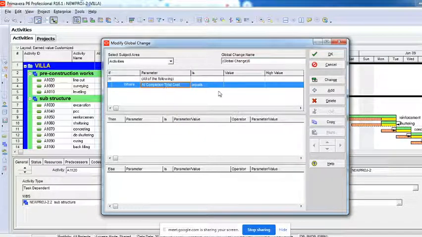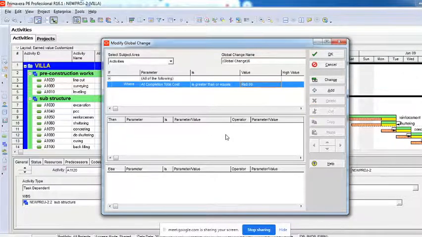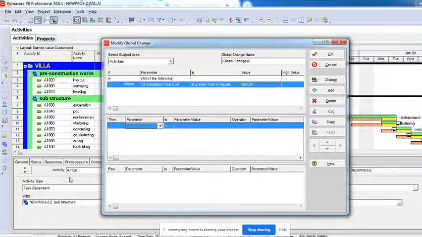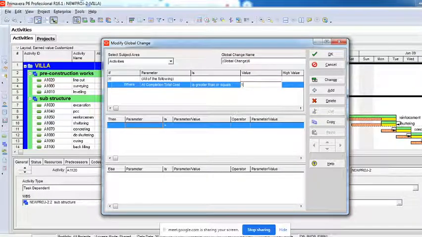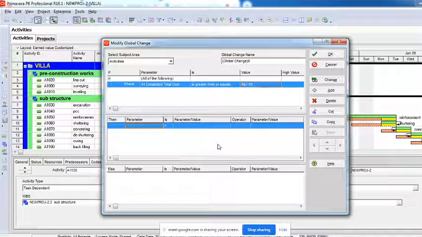So at completion total cost is greater than or equal to 0. Do we have the option? Yeah, is greater than or equal to. Let me make it bigger. Then I'll say add, or if for 0 I do not want to consider, I will just take it as 1 rupee. Anything which is 0, I do not want to add any cost for that.